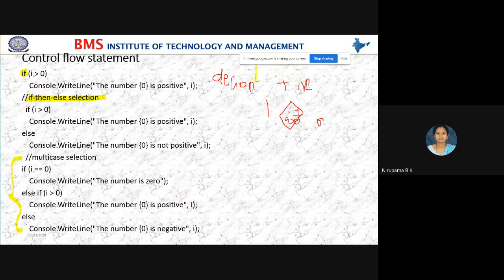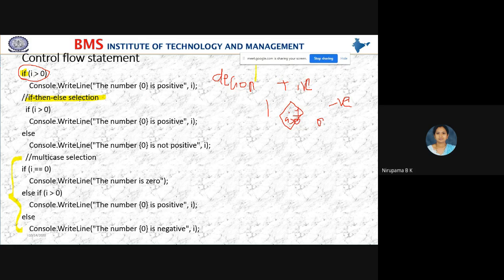If A is less than 0 means what? A number which is less than 0 is a negative number. So here we are checking the condition, if A is less than 0, and if this condition is true, then